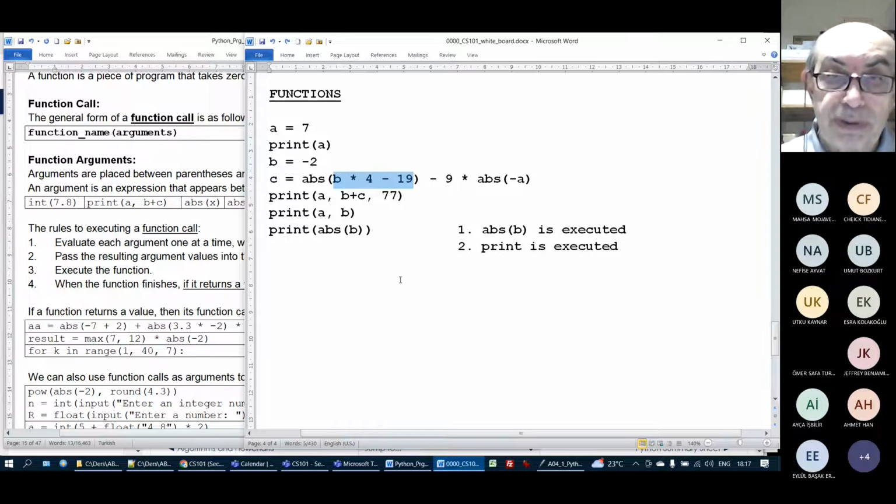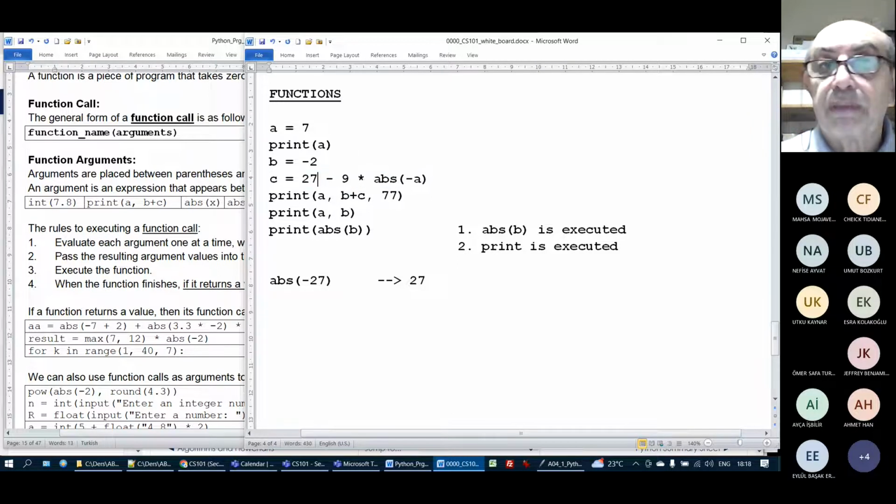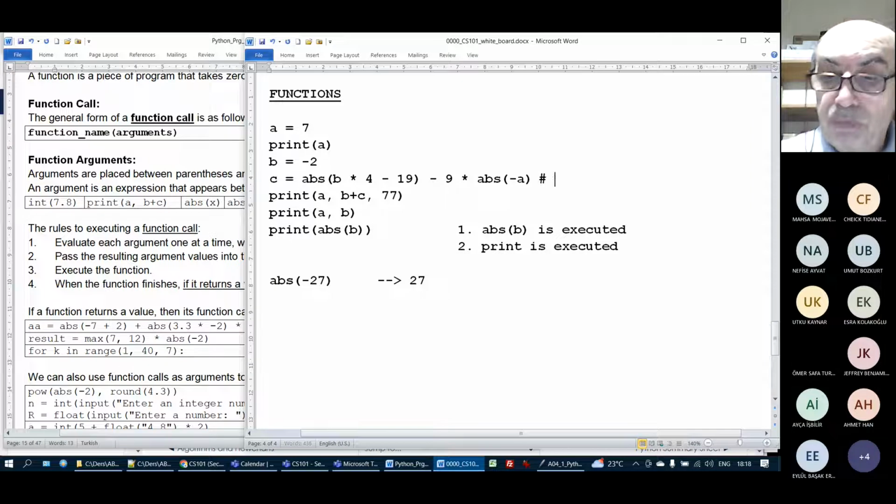What is abs? What will abs of minus 27 do? It will give me back plus 27. Okay. So here, this is replaced with 27. Think about it like that. It's not replaced, but 27 comes here. We have 27 here, so let's write it somewhere here. We have 27 minus 9 multiplied by, we have another